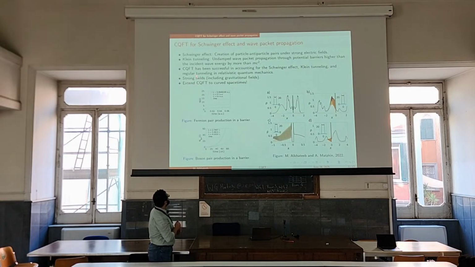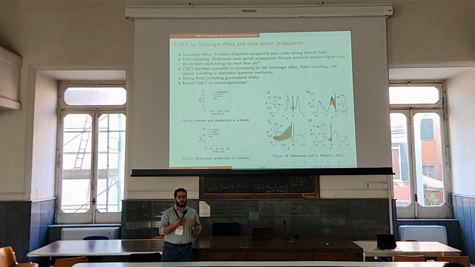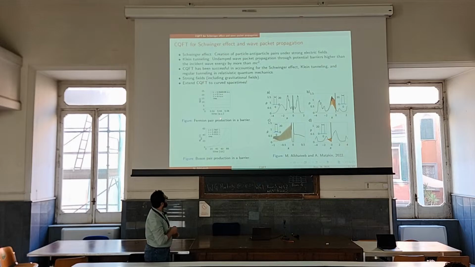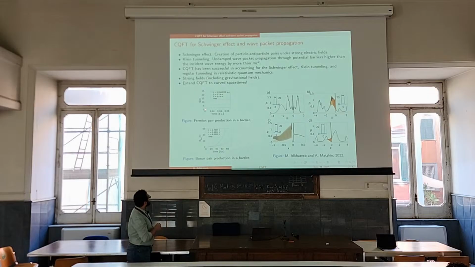Since this approach is used in studying the pair production in strong electric fields, we thought of generalizing this approach to see the pair production in strong gravitational fields, and so to extend it to curved spacetimes. Here we see the results in studying, in flat spacetime, the pair production of fermions when we have a potential barrier. So we see the number of created fermions increase,